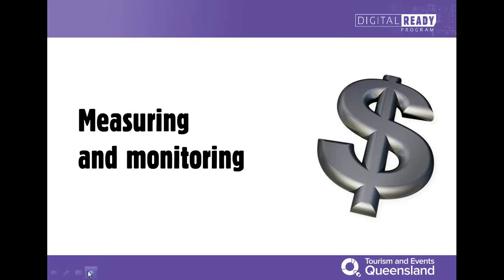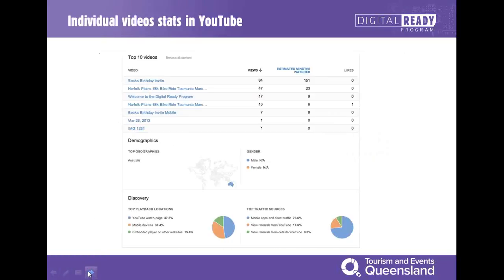Of course, none of this is any good if you don't measure and monitor what you're doing. With YouTube itself, it has all your analytics, which I showed you previously. It'll show you how many views, how many likes you've had, how many comments, where that demographics is coming from, all that sort of thing. So again, just like all your other social media channels and your website analytics, you should be using all of these so you can really pinpoint your customer. Absolutely vital that you do that. So make sure you watch your analytics on all of your platforms, not just on YouTube. But all this is available to you.